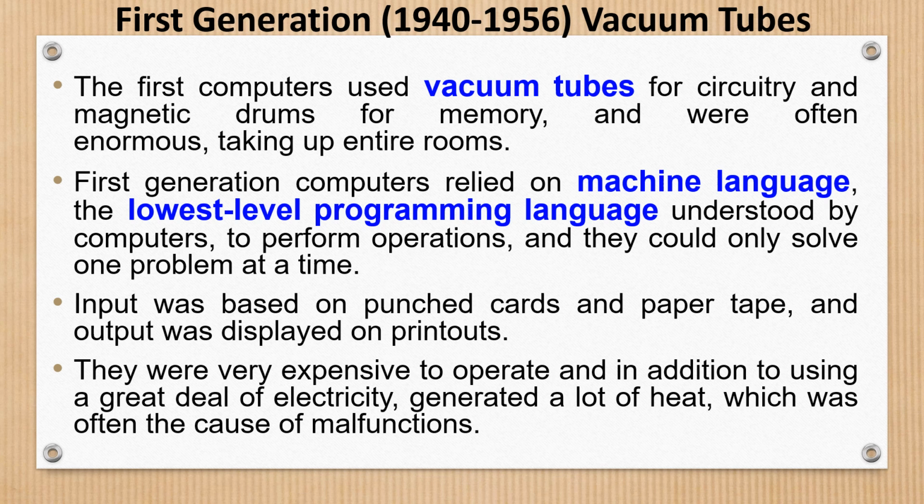Basically the first computers used vacuum tubes for their circuit design and used magnetic drums for memory. They were very huge in size, about the size of a room. The first generation computers relied on machine languages, as I have already discussed,